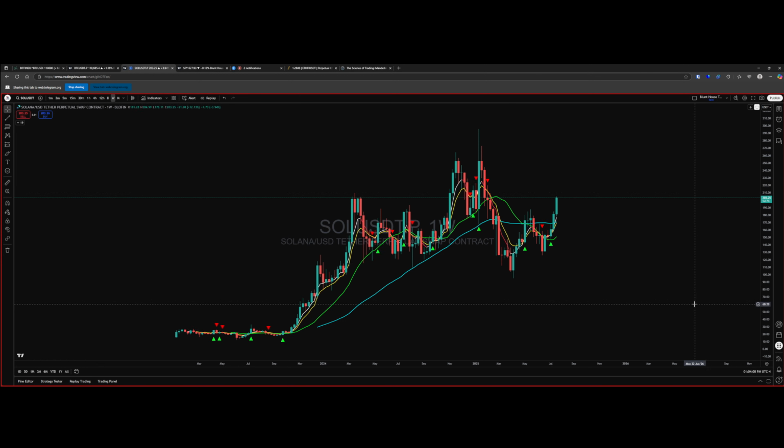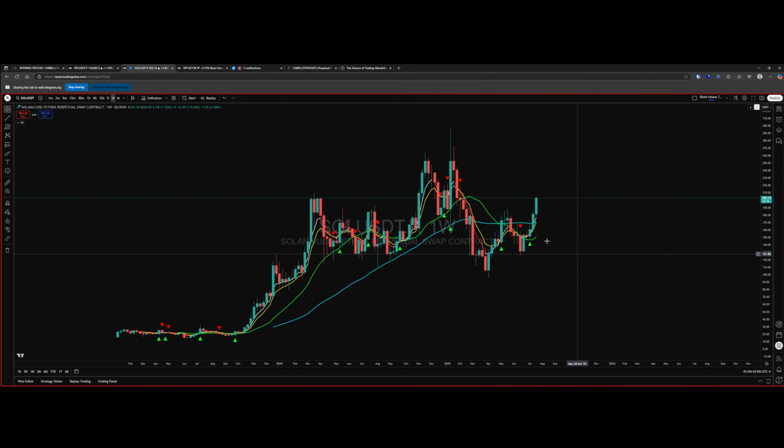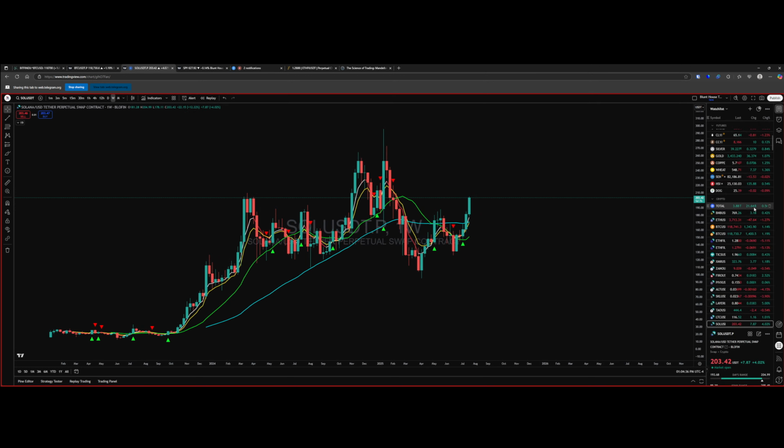Where do you think this wants to go weekly? It took out this high, so now it's looking for the next one, and that next one is way up here at 252. Now that's a weekly target, so does it take some time to get there? It's not going to happen in one candle. Nothing goes straight up or down. But that would be a target, and then you're into new highs. So, you know, there is a bit of a story in here, right?